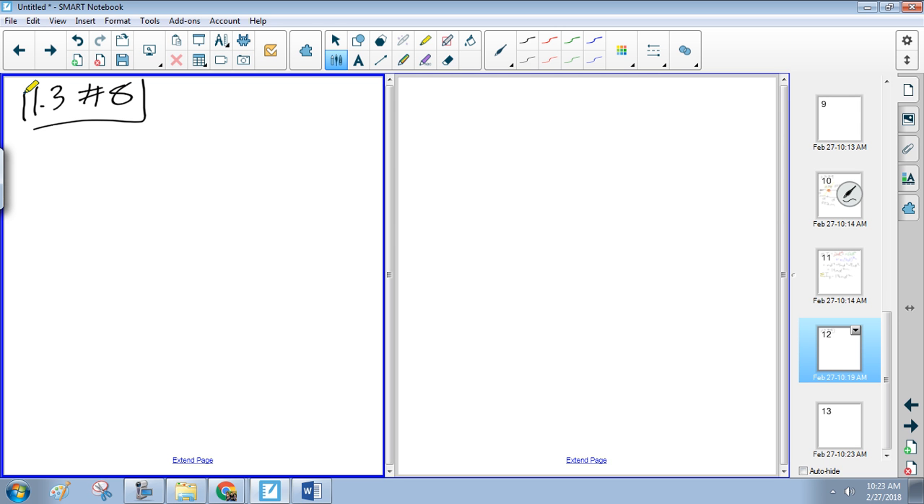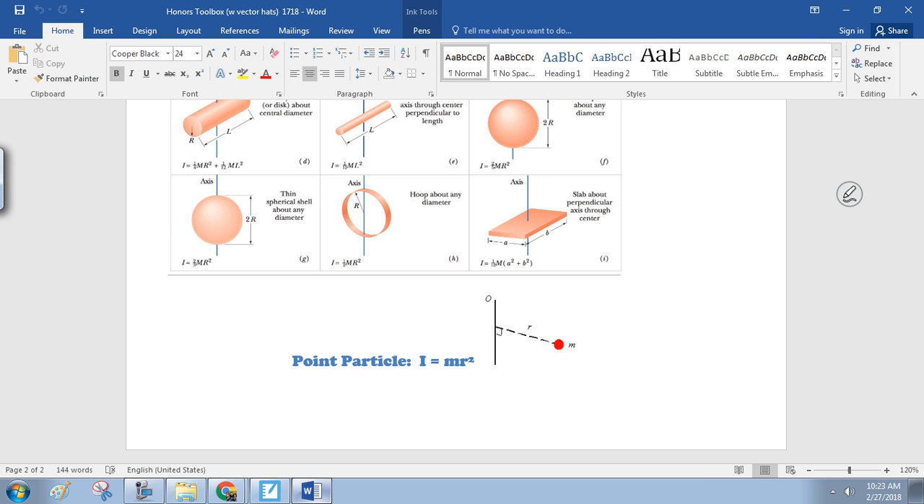It says, calculate the rotational inertia of a meter stick that's got a mass of 0.56 kilograms about an axis perpendicular to the stick and located at the 20 centimeter mark. All right? So the idea is this. If you look at our rotational inertia sheet,